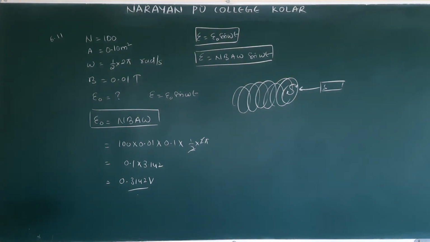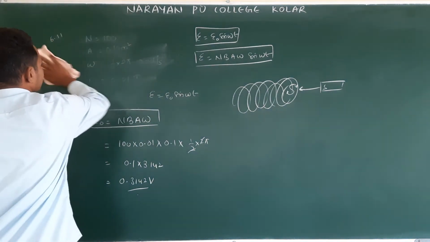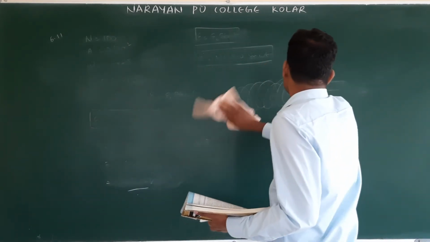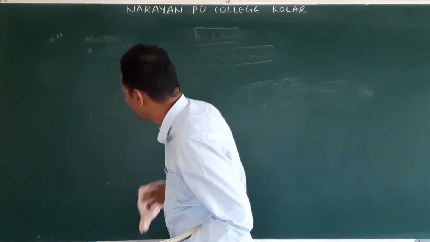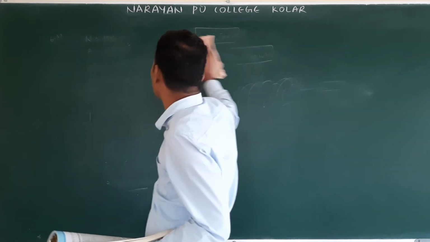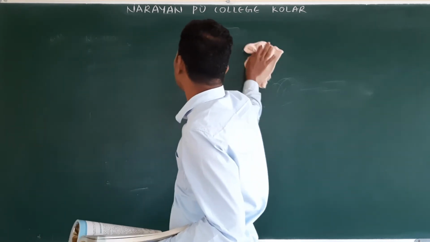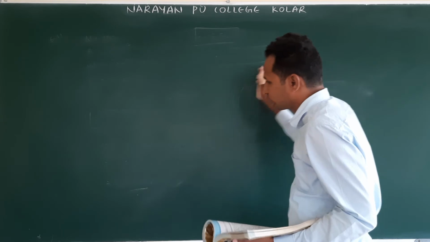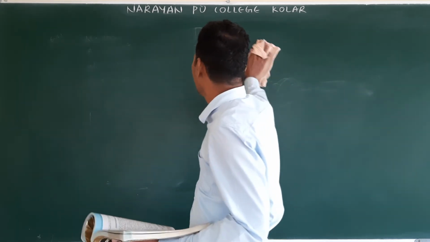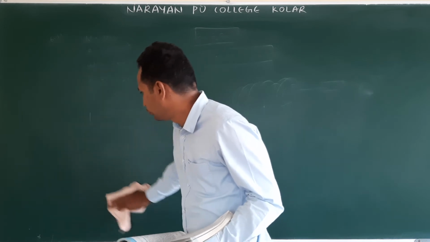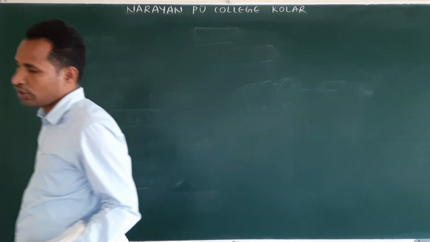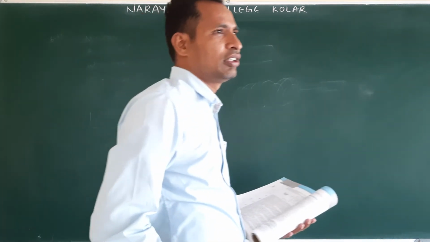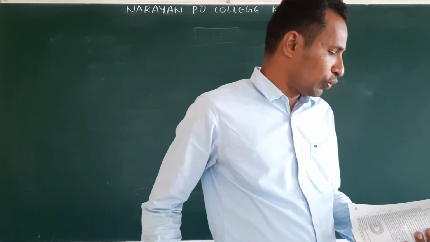Now we will go for 3. A long solenoid is given. Don't leave the question. I ask you to follow that example problem and the first exercise problem. Now in all competitive exams, they are asking direct questions from textbooks. Please follow and read. If you do not get the answer or do not understand, ask your doubt. But still I am not getting any doubts. I don't know whether you are watching or not.